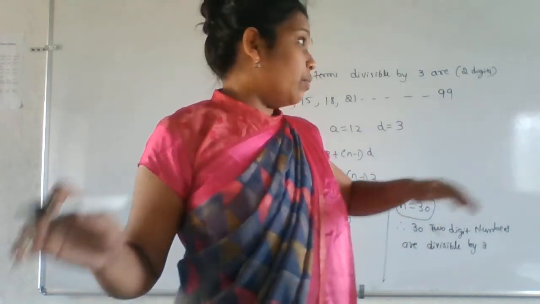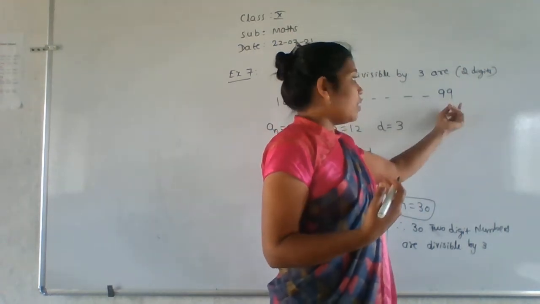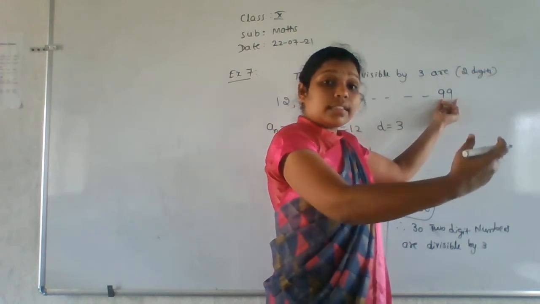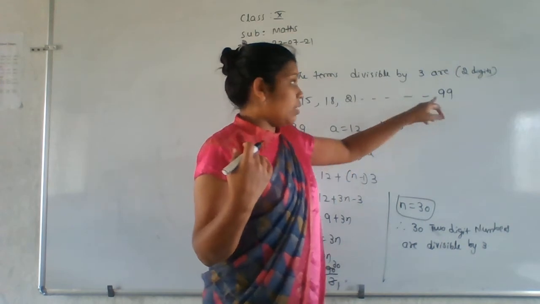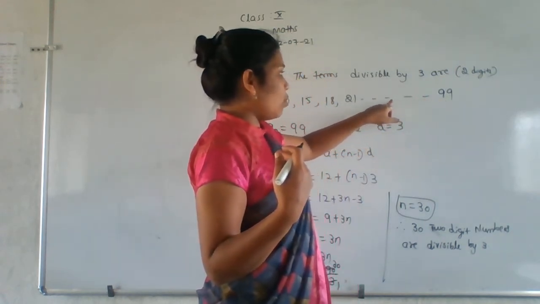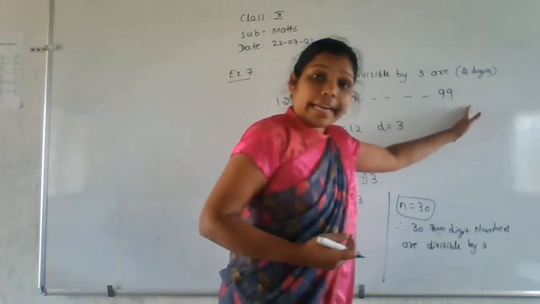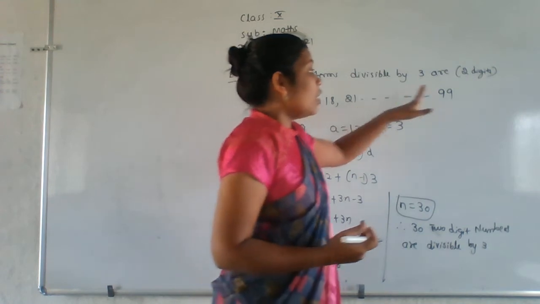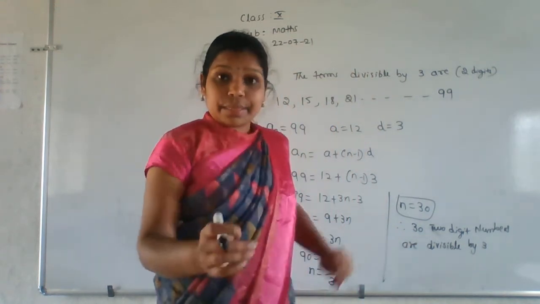From the last term. If it is the last term, from this you have to count. Okay, assume this is the last term. Now this is the last term. From the last term, you have to count the 11th term. This is the first, second, third, fourth, fifth, sixth. Like that you have to count. Not from the beginning. From the ending you have to count. That you have to find. The 11th term from the last term, you have to find. Okay, that is the meaning of that question.